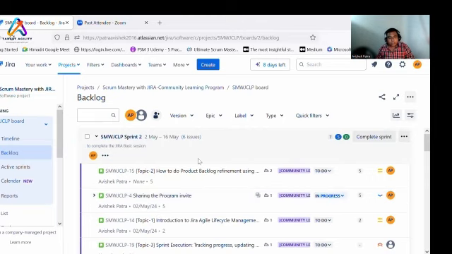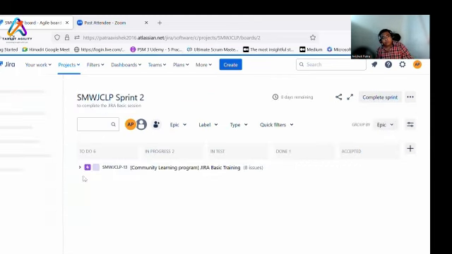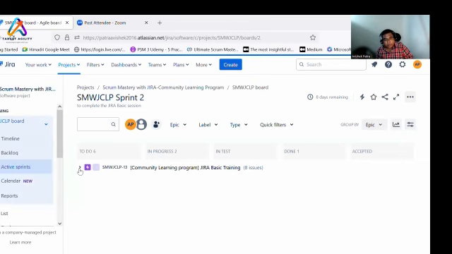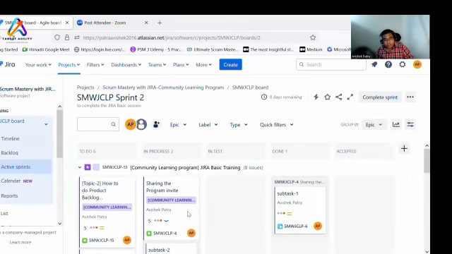Next is the sprint review. So here we will go a different way. We will review our sprint, this one, and go for a sprint review. Then we'll go for the planning session. So what I generally do is I go to the active sprint, and based on what we have there, I try to discuss the work with the team.